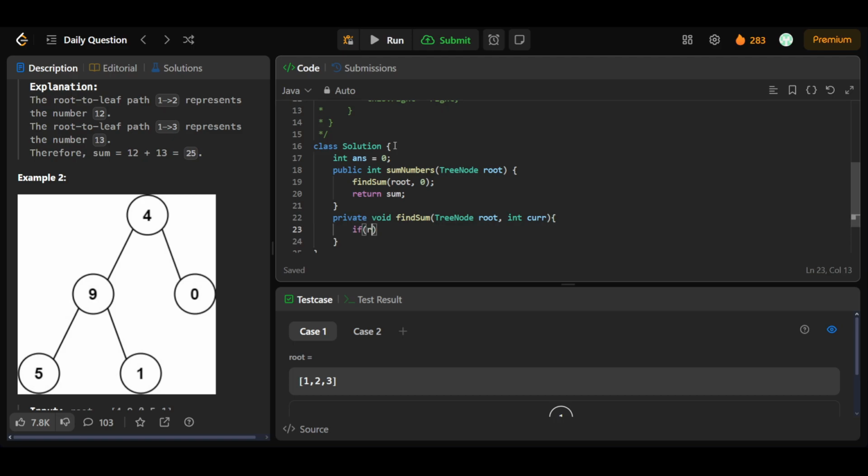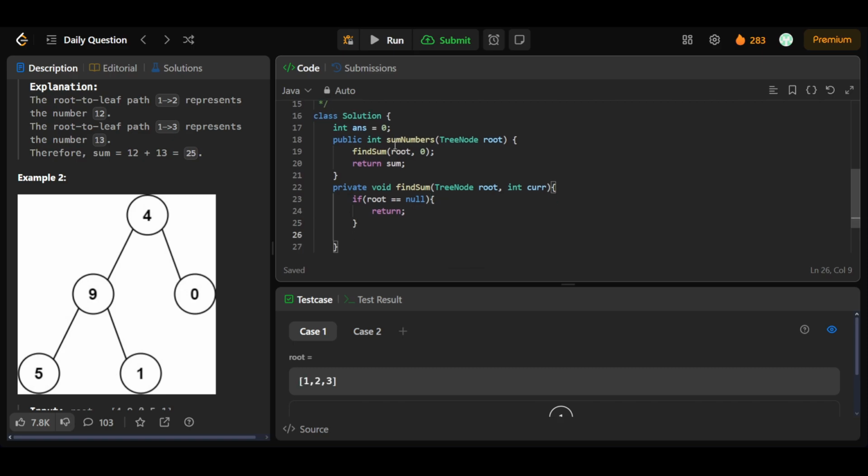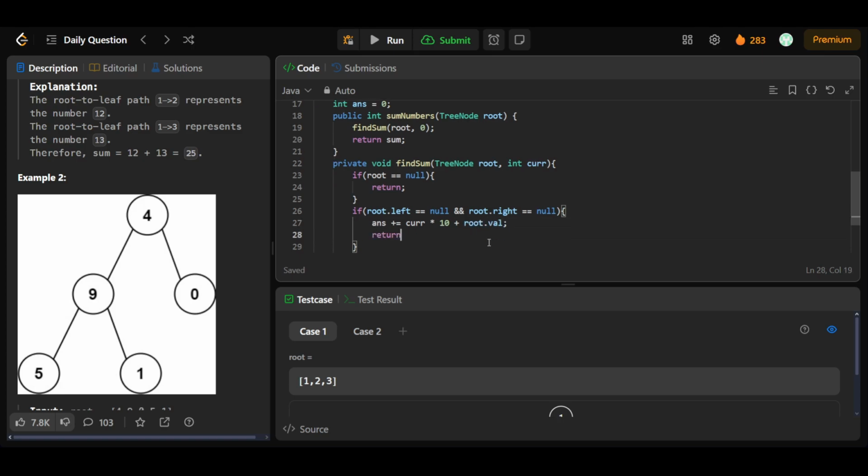So the first base condition is that if my root is equal to null, I'll be performing nothing, I'll just be returning out of the recursion. Then I'll be checking if my current node is a leaf node, that means root.left is equal to null and root.right is also equal to null. In this case, I have to increment the answer: answer is equal to current into 10, because we know that we can form a number in this way only, like 4 into 10 will be 40, then 49, then 49 into 10 plus 5 will be 495, plus root.val,